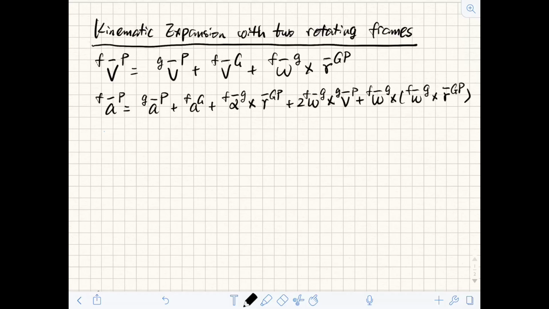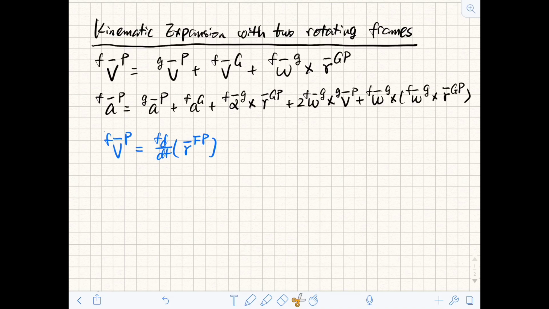In this video, we're going to apply kinematic expansions to a problem with two rotating frames. So we start with the basic form of the kinematic expansion when we're trying to find the velocity of some point in F. What we're saying is we're finding the time derivative of the position vectors from a point that's fixed in the F frame